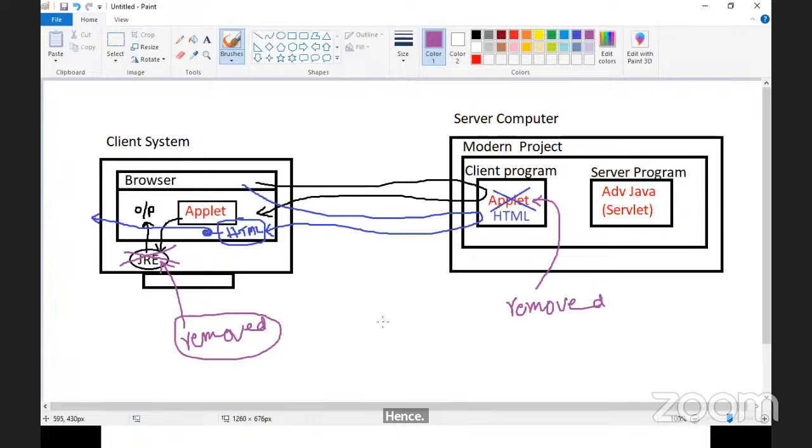Hence, Sun Microsystem removed applet. Wait. In Java 11 version. Actually, you should not say Sun Microsystem, you should say Oracle, because from Java 7 onwards, Oracle Corporation is there. Full stop. Oracle Corporation. Sun Microsystem is a wrong answer, wrong statement. Oracle Corporation removed applets,